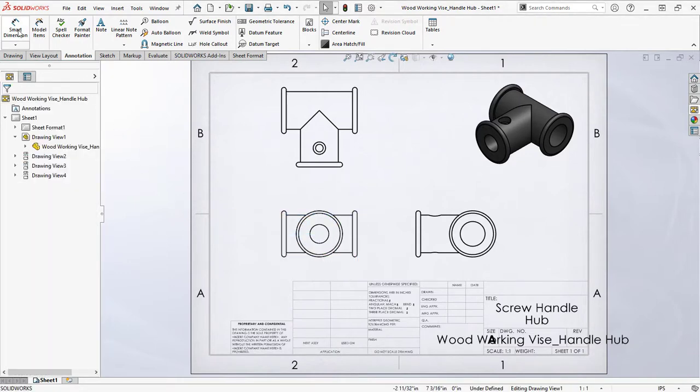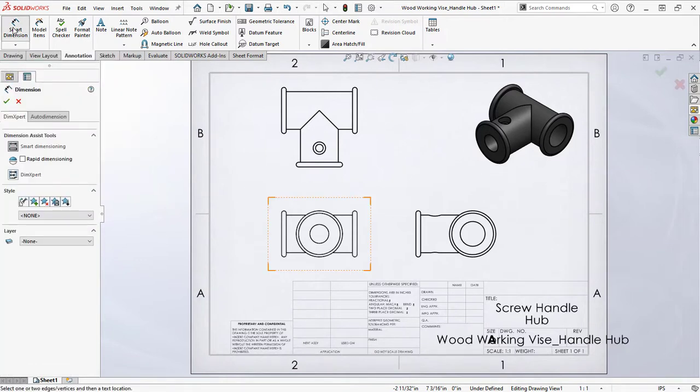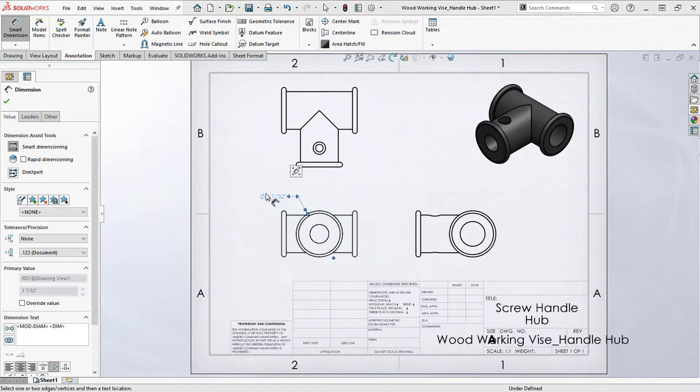And I'm going to use Smart Dimension to dimension geometry next. Now, just like in a sketch, Smart Dimension allows you to just select a given piece of geometry and attach a dimension to it. You can see I can keep that locked in as a radius or a diameter dimension if I want, and then click OK to place it. Maybe we can just continue adding different dimensions. You can see as I click on geometry, they line up with one another within the view, helping me place them. I can go to any view I want on the fly and just add the dimensions I see fit